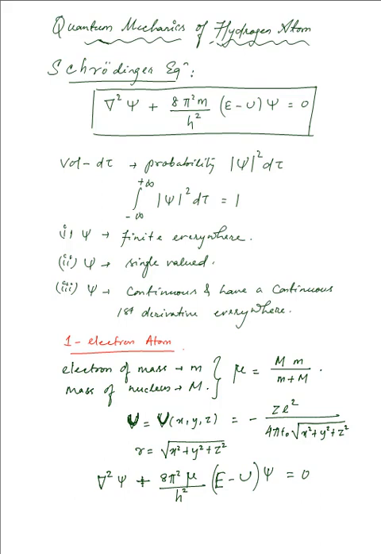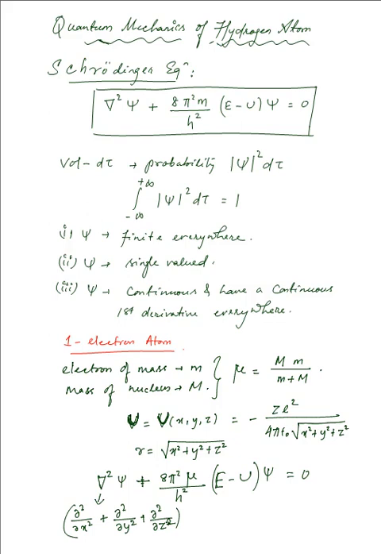So we'll take it as u instead of the general V. And since we are considering the Cartesian coordinate system, we must know that the expansion of this del square, the Laplacian operator, the inverted triangle that we see at the top, is simply the second order partial derivative with respect to all the individual coordinates in